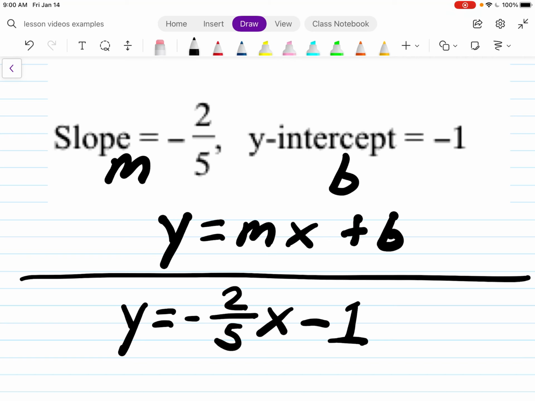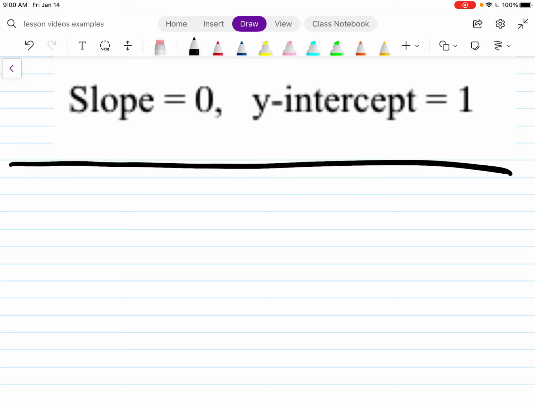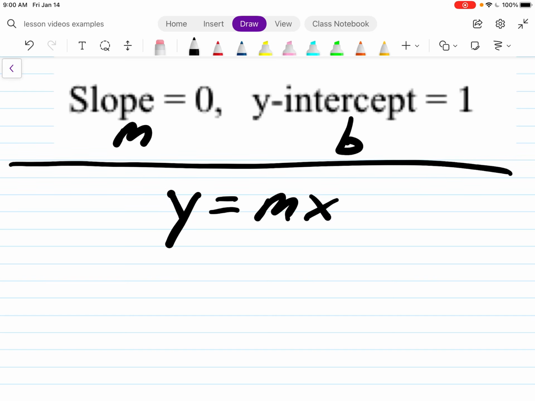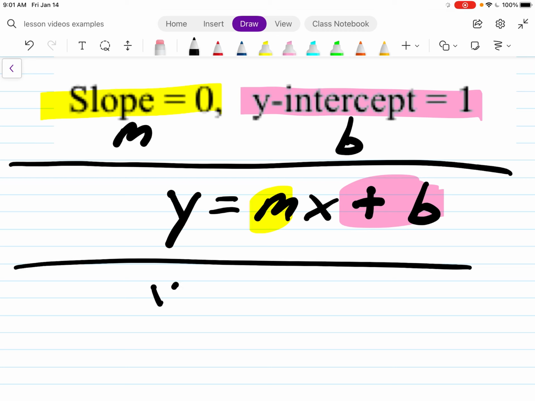Again, if you haven't picked up on it yet, the m and the b variables are going to be the ones being replaced, and the y equals and x has stayed in all of the equations, and there has been no reason to remove any of those, so that is why we are continuing to work with these. So let's go to the last example, and this is where it's just a little bit different, but I don't think it's too much of a change. Yes, slope is m, y-intercept is b. We are using y equals mx plus b as the base of everything, where our slope is m, our y-intercept is b. So we're going to plug in those two, and we will have y equals